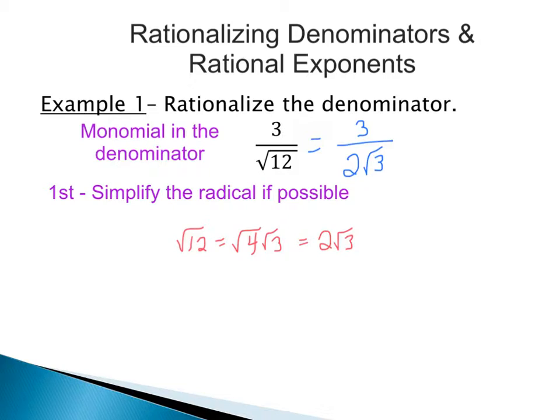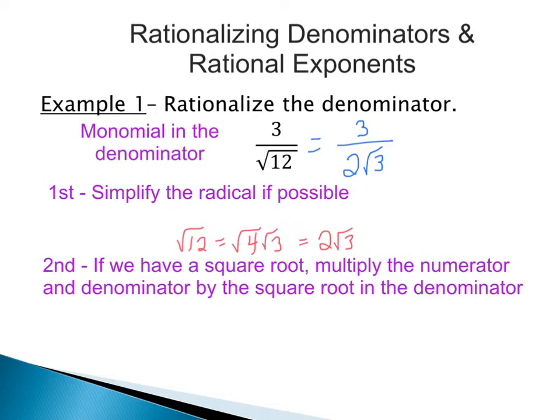So most of the time you're going to be dealing with square roots. That's what I'm going to address here: when we have a square root in the denominator, in order to rationalize, we can multiply the numerator and the denominator by the exact radical that we see. Because the whole idea of rationalizing the denominator is to get our radical out of the denominator. So if I multiply the numerator and denominator by just the radical that we have, the square root of 3, square root of 3 to the numerator, square root of 3 to the denominator, then in the numerator we have just 3 square root of 3.